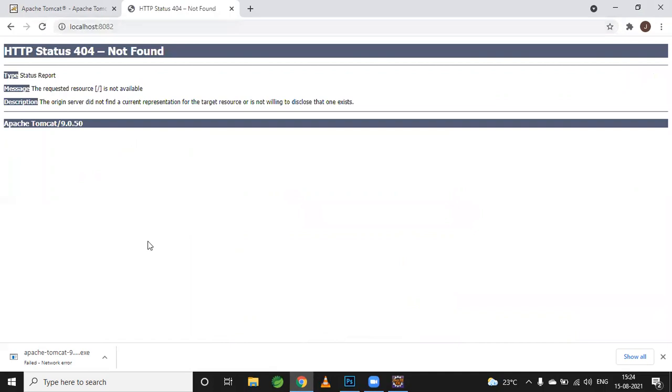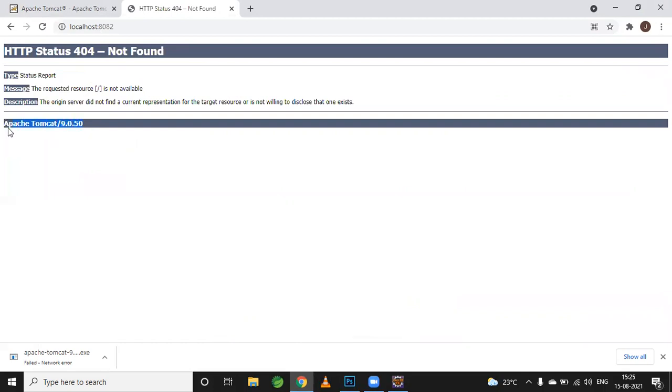When we press enter, yes, congratulations, we have successfully configured this Tomcat. Because we are getting a meaningful error, which says HTTP status 404 not found, which means that with this port we do not have any page configured to see.